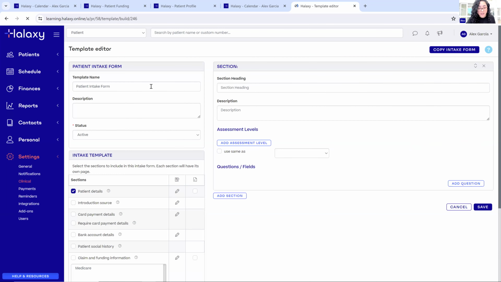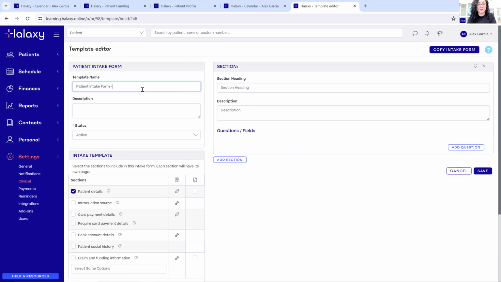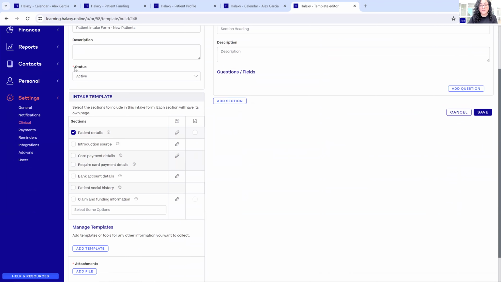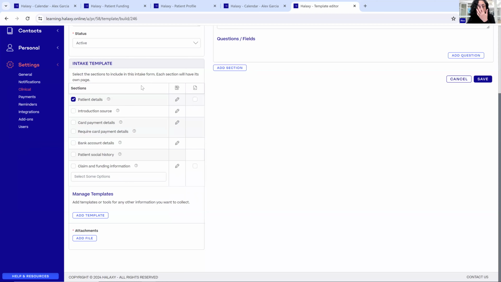So click that. We'll name this intake form, like say, this is for new patients. You can add a description. This is purely internal for your team to see. If one day you're not going to be using this intake form anymore, just set the status to archive, but let's leave this inactive. Next, we're going to select the standard sections that you want to add to your intake